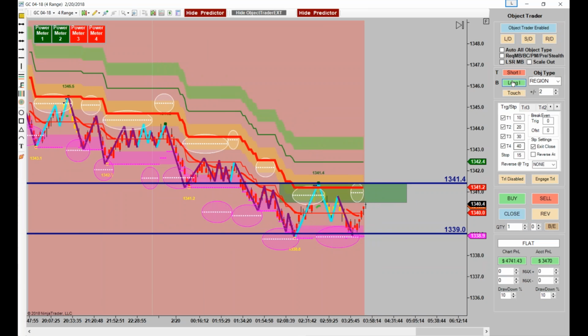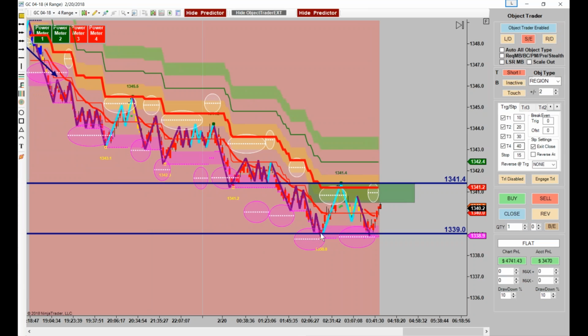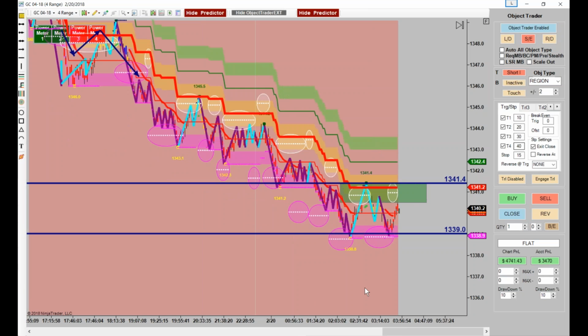So we're going to do a short inside touch +2, because notice that they've already taken this swing out, so they really can't go anywhere else, but all the way up here, unless they roll over where they're at this predictor. But remember what we said about predictors 2 weeks ago? I don't like predictors unless they take out the lows.